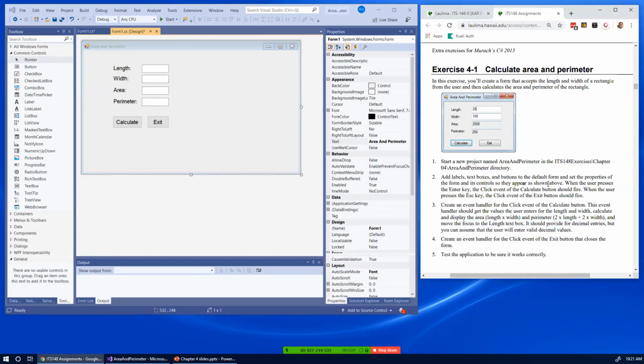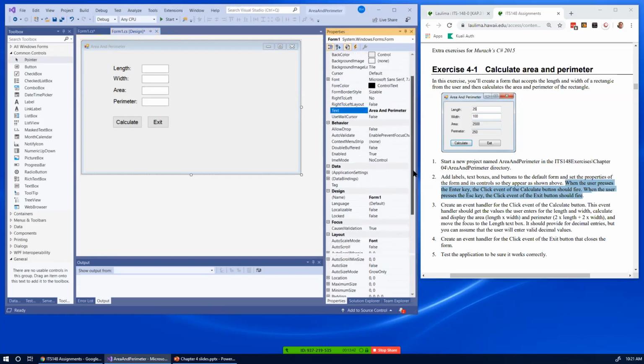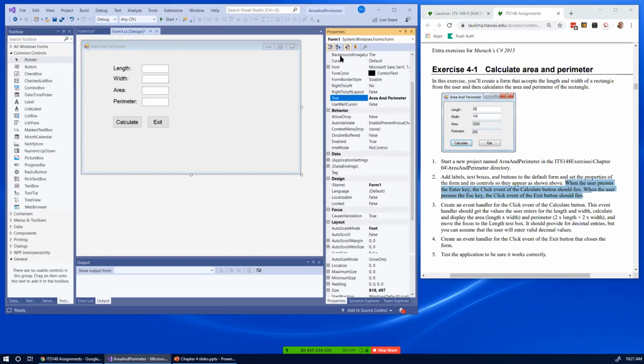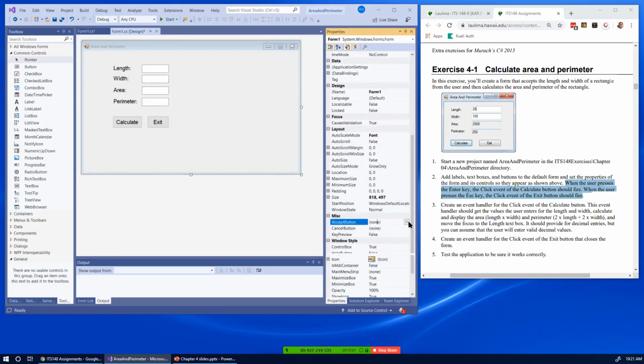And to do this second part, when the user presses the enter key and the calculate and so on, it should, I haven't done it this way before, but let me see if I can find properties, miscellaneous here. Does this have a, okay, I'm going to create the event handlers first because it says button 1,